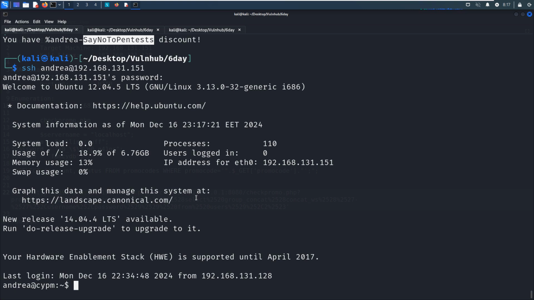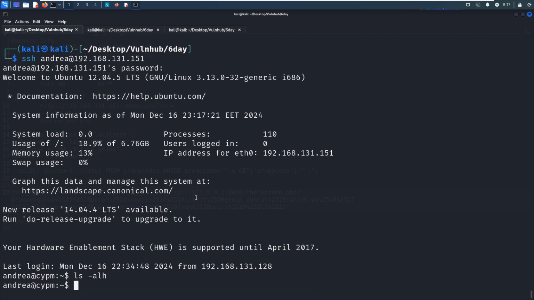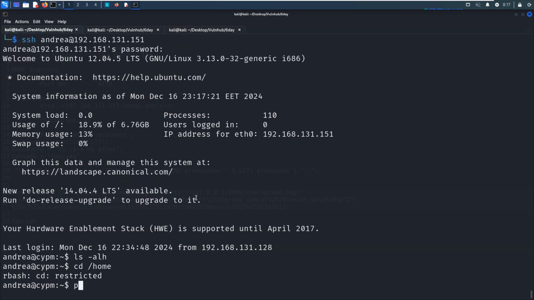Now we have successfully logged in to the target, and we can run commands, but nothing here. So this is some sort of a restricted bash. Of course, we need to escape from this restricted bash. And I think one of the easiest ways is to spawn a new shell.